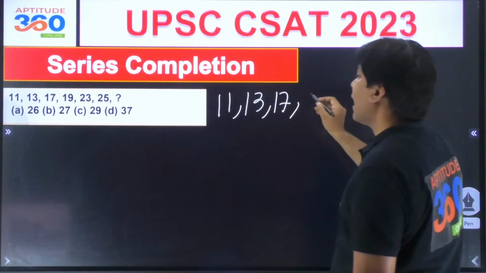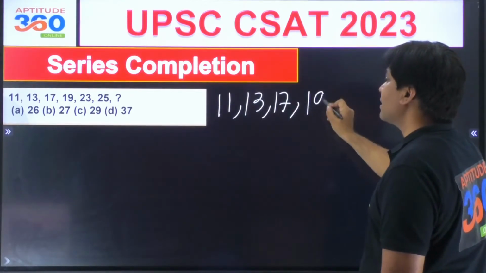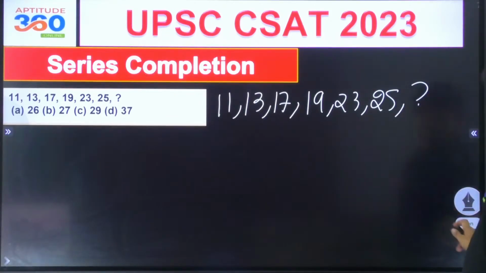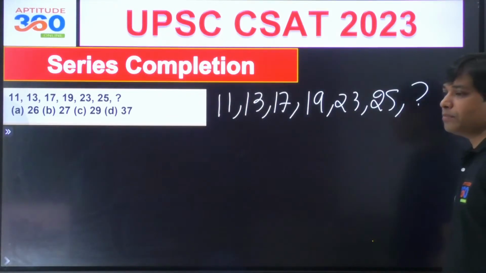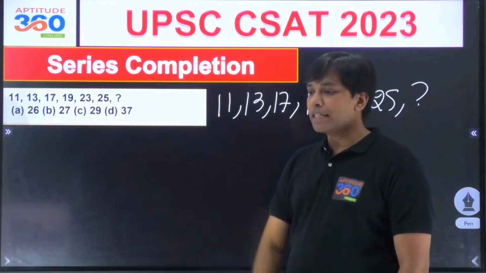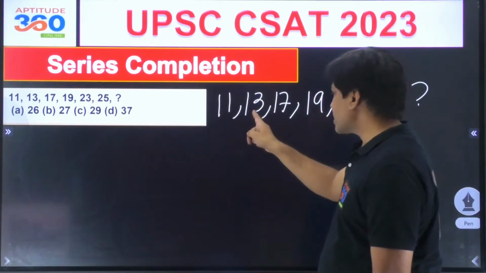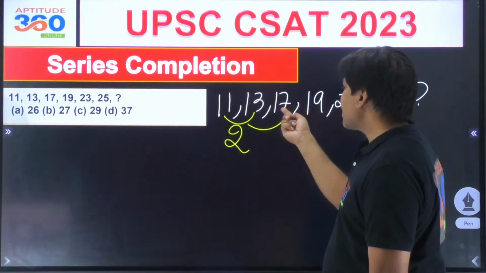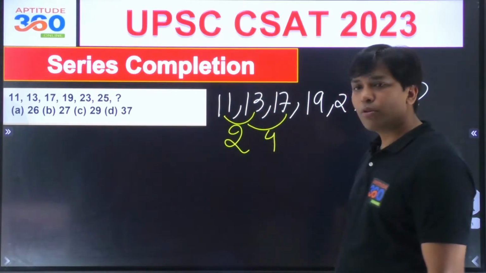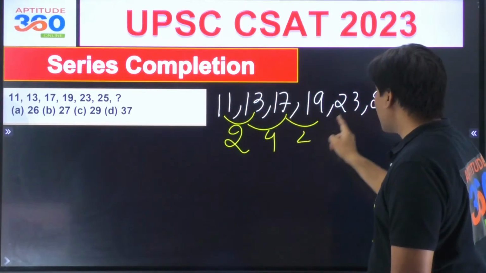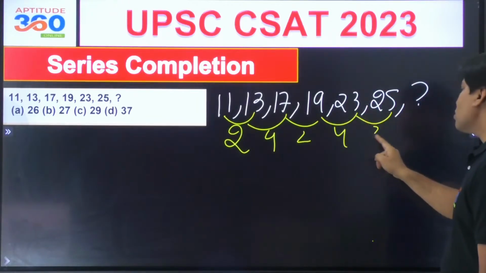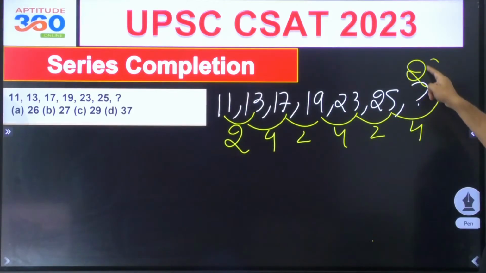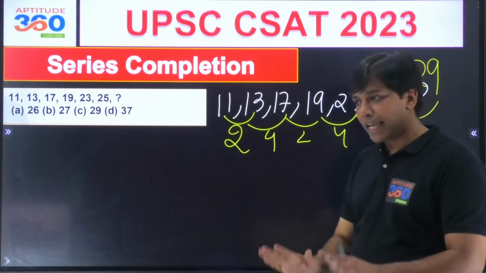11 and then 13 and then 17 and then 19 and then 23 and then 25. What is the next term? It's a pretty simple problem. So Vishal and Shivam are getting the answer. How do we do this? This 13 minus 11, that is 2, and 17 negative 13, it is coming out as 4, and then 2, and then 4, and then 2. So obviously this will have to be 4, and if this difference will have to be 4, this number out here will have to be 29, right?